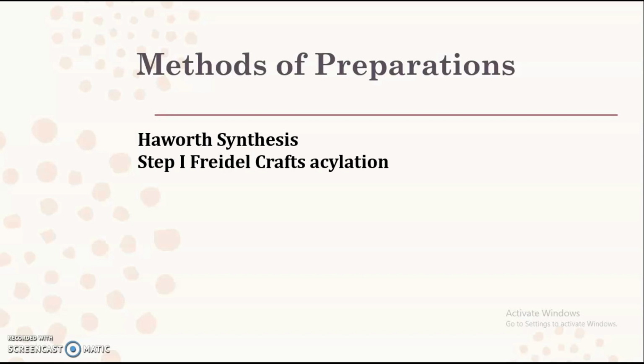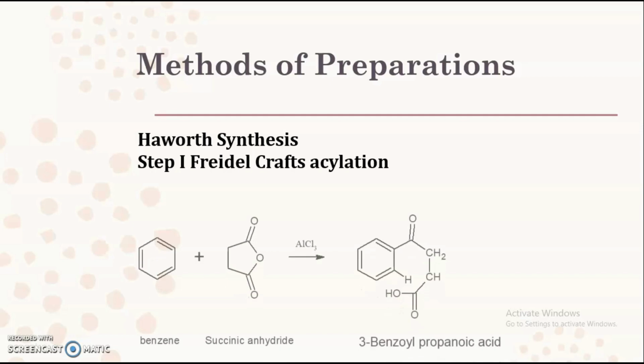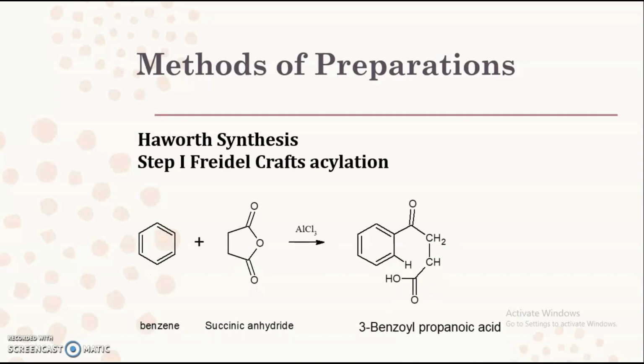Now we are familiar with the meaning of acylation, where we carry out the addition of an acyl group. So in the first reaction, we are going to carry out the Friedel-Crafts acylation reaction between benzene and succinic anhydride, where this anhydride is a cyclic anhydride. Up till this point, whenever we have carried out acylation, we have used acetic anhydride, which is an acyclic compound. Here, the difference is that we are going to use a cyclic anhydride.